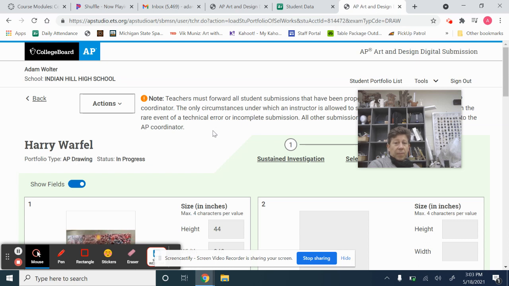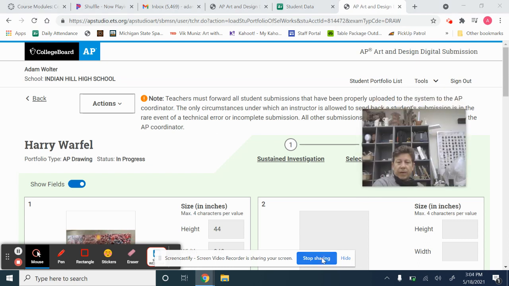So that's a look at a couple of what the portfolios will look like when you are getting ready to turn yours in. I think I'm going to run out of power here, so I'm going to stop sharing and we'll upload this to YouTube for the